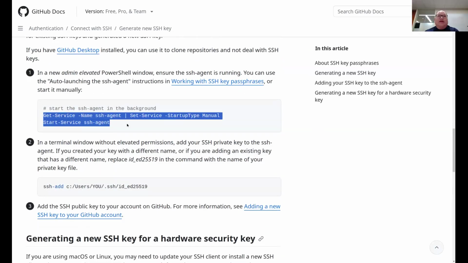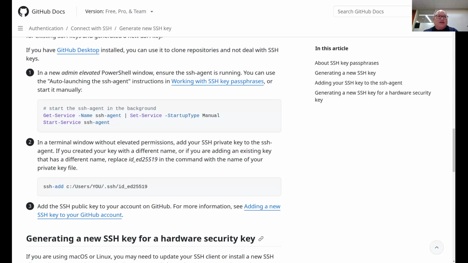Okay, right there. So right now I'm running as admin. Admin elevated PowerShell. It says it right here. You were right. But I think again, it does highlight the fact that we're going to do things wrong sometimes with Git. But just by following the documentation, it's never led me astray.